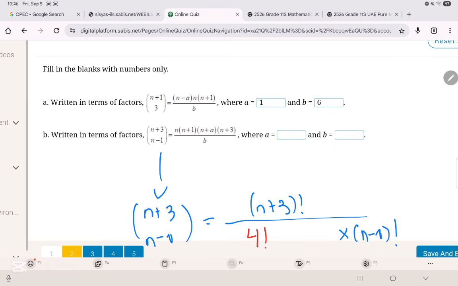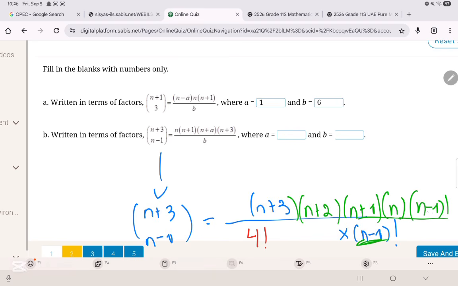Now, let us expand n plus 3 factorial. It's going to be n plus 3 times n plus 2 times n plus 1 times n times n minus 1. Stop, because it's the same value here, and here we put the factorial. Now, because it's the same value up and down, n minus 1 factorial, we can cancel them. And we'll be left with n plus 3 times n plus 2 times n plus 1 times n